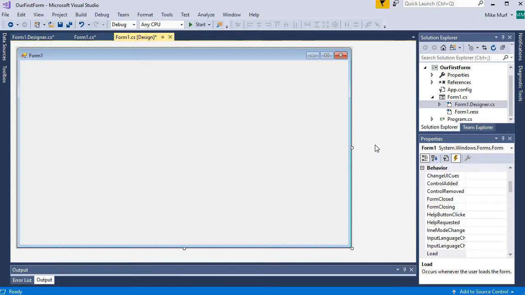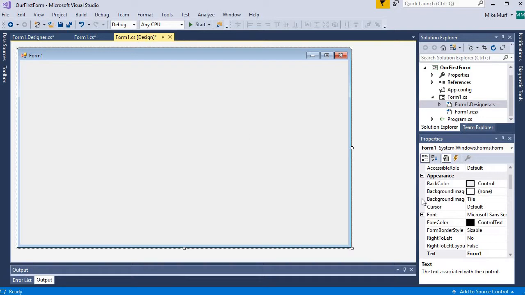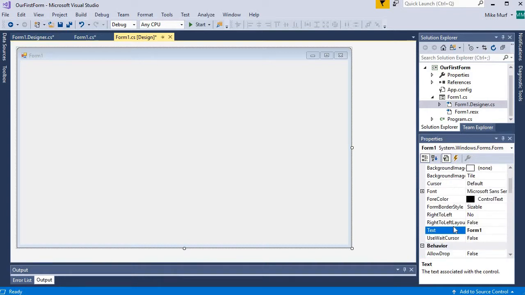So here I have a Windows Form application that I haven't done anything to yet. And we have a properties window that we looked at in a previous video. When I select an item on my form, like the form itself, I have access to all of the properties of this form. So for example, my form has a text property that displays some text in the corner. If I change my text property in Design View, I'll call this First Form. When I change the text property in the Design View, it changes the appearance in Design View, but it